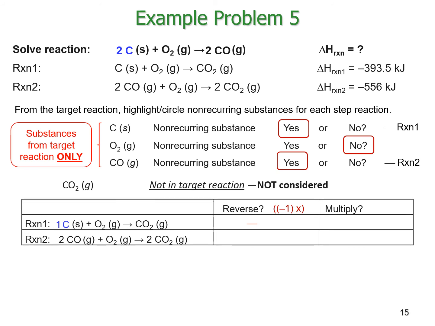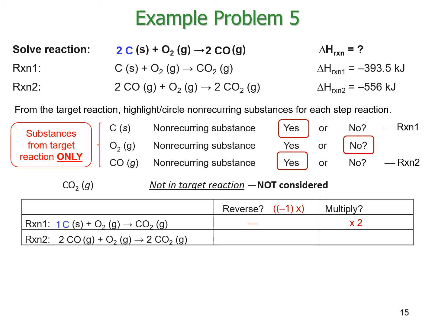So that is the mathematical operation for the reverse. Do we need to multiply this carbon in order to have the correct coefficient? Yes, we do. So we're going to multiply the first reaction by 2 in order to make up 2 carbon